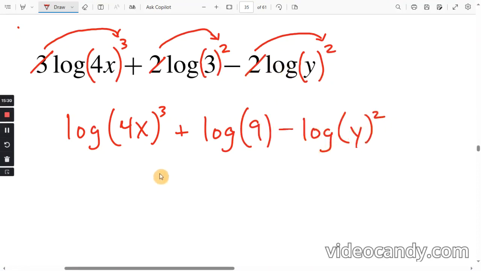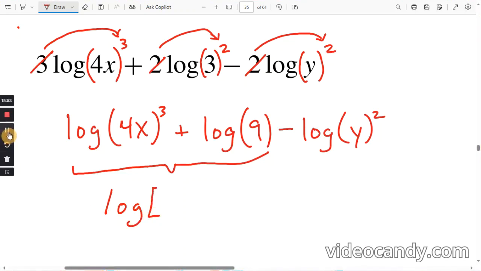All right, so remember, log of a plus log of b is the same as log of a times b. So combining these two, where we are adding, we're going to get the log of,